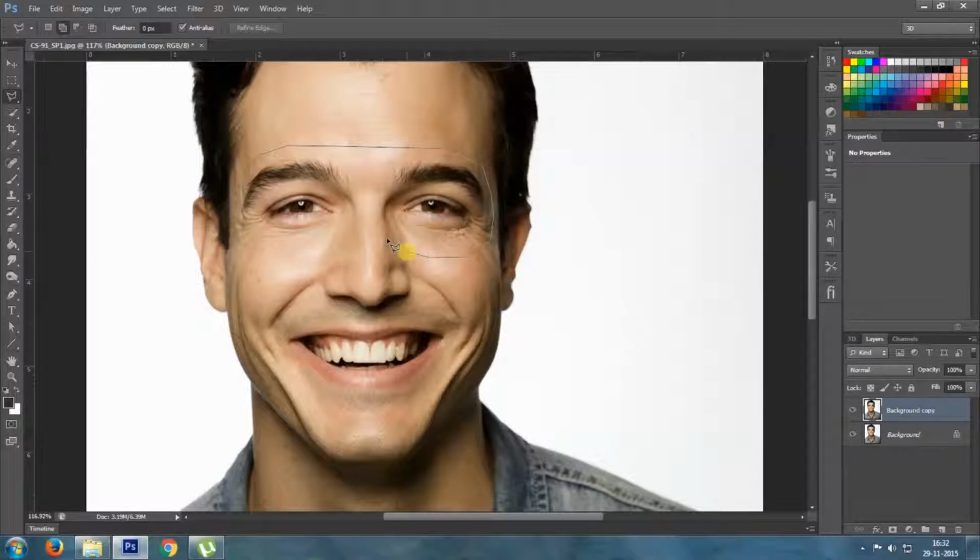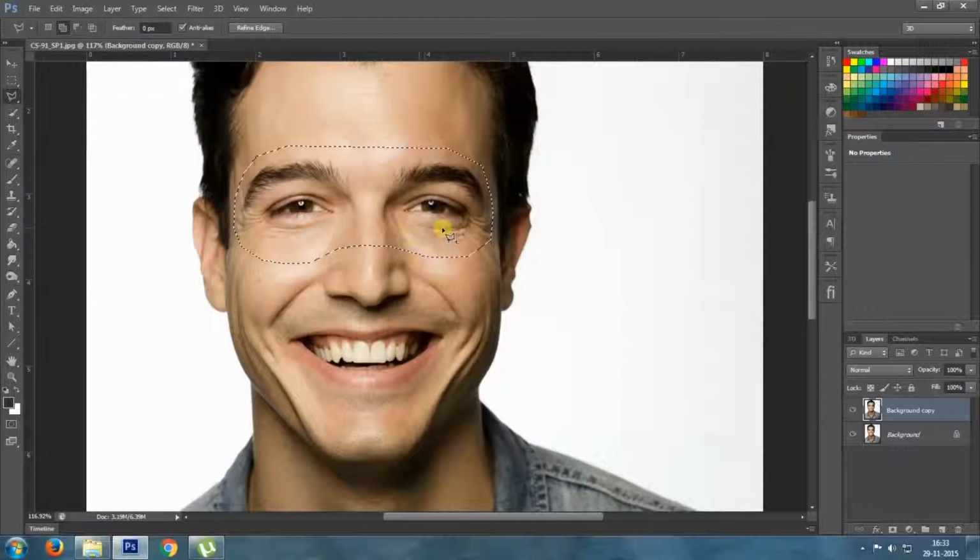Make sure while selecting that you select more area, because in the next step we are going to mask out the excess area from this eye. And now I have selected these eyes,